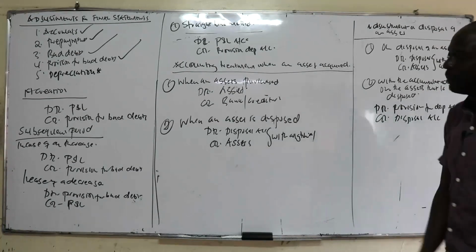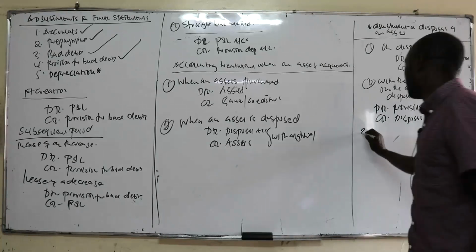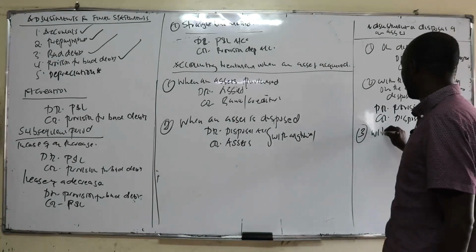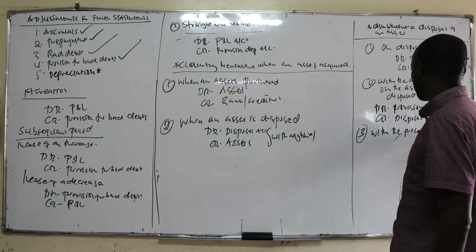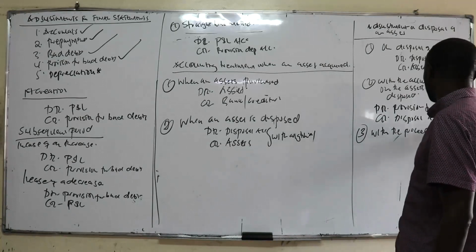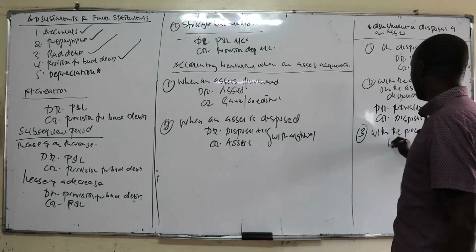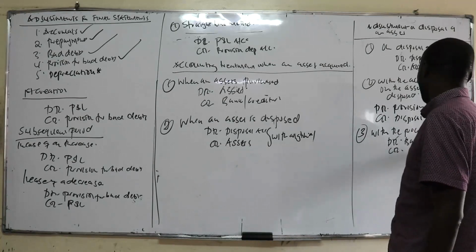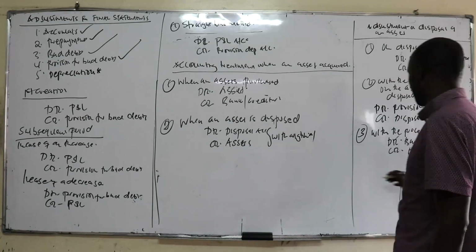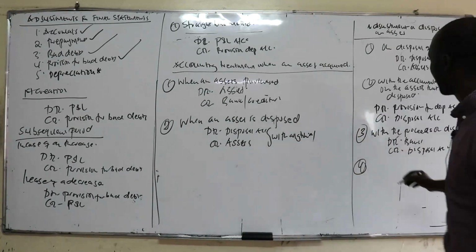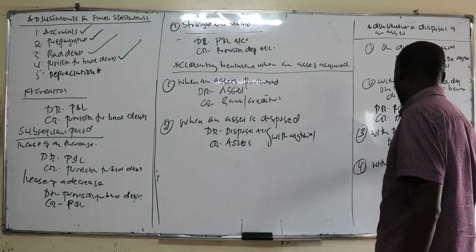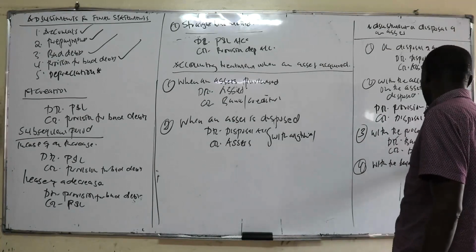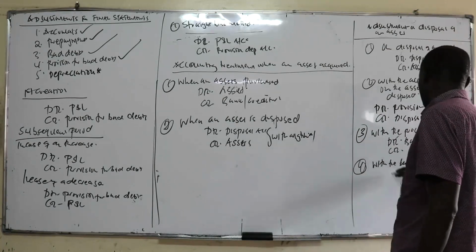That is number two. Number three, with the amount of money received on disposal, we call them proceeds on disposal, you debit bank and you credit disposal account. That is number 3. Number 4, with the balance in the disposal account,